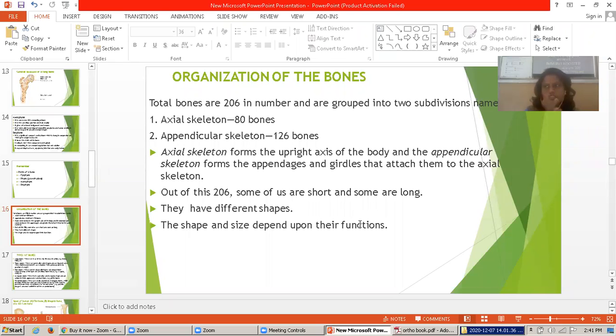So, in the organization of the bones, there are a total of 206 bones. In that, 80 bones are axial skeleton and 126 bones are appendicular. Axial means